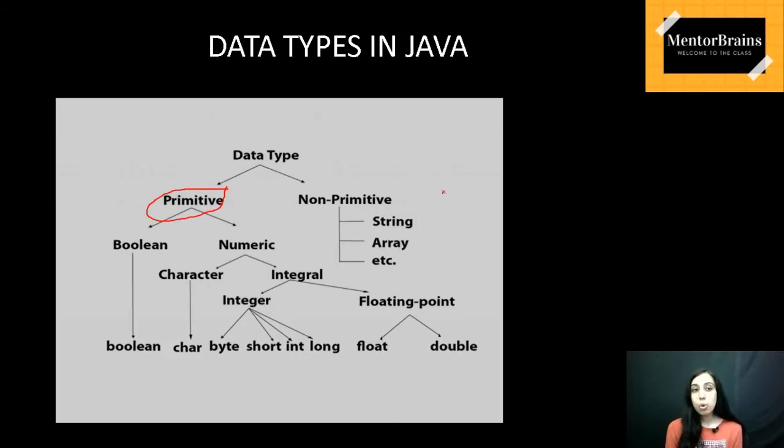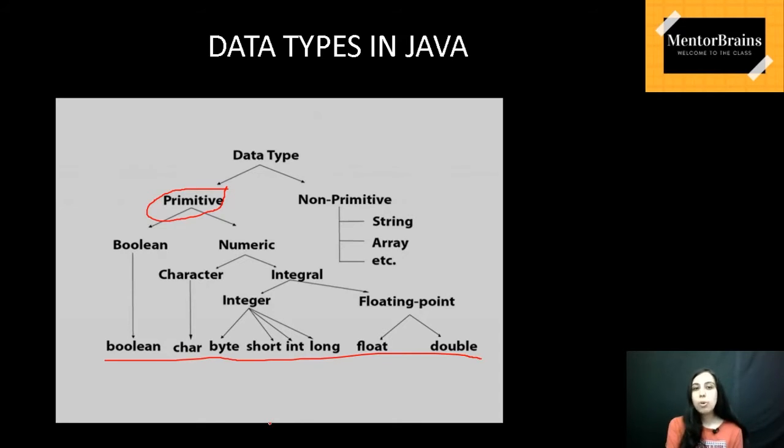Okay, so the types of primitive data types, as already mentioned, are Boolean, then you have numeric, character, integral, floating point. I have segregated them all for you. So when I'm going to talk about the data types available, if you can see the last line, overall these are the total types of primitive data types. So the line I have underlined in red color at last shows the total types of primitive data types.